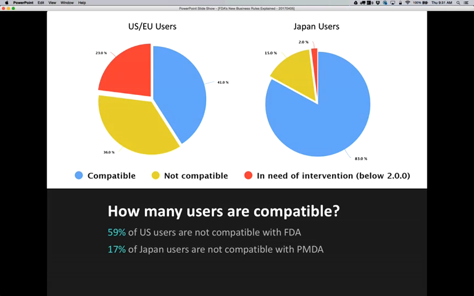Now, for the positive: if you look at the Japanese users, 83% are using the version that PMDA recommends. So there's a huge difference. I think it's very clear why PMDA has been strict in promoting the rejection criteria and beginning to enforce them. People are taking it seriously, and they're trying to run the same rules that PMDA is running. But on the U.S. side,